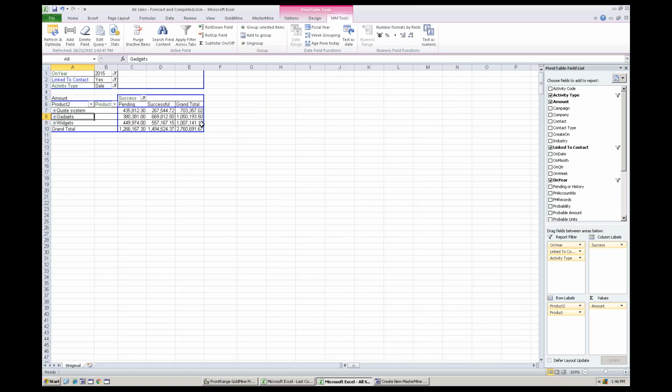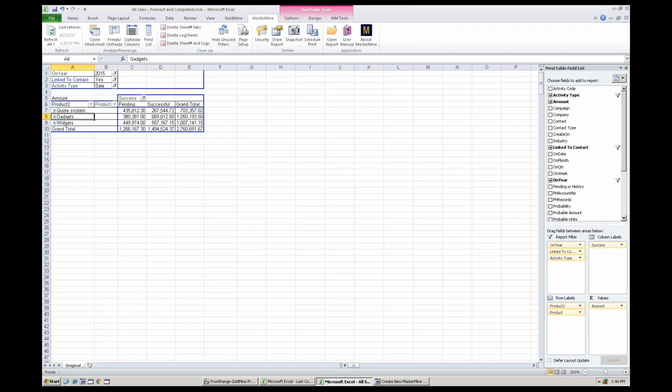And there it is, without too much complication, our cash flow for the rest of the year. Now we can go and do variations on this report, and this is the important thing about Mastermind. Any report that you create is really a template that you can just continue to clone off of and do different things with. So for example, if what I was interested in is, for our head of sales of gadgets, a report that focuses on the gadgets but shows who the actual purchasers were,